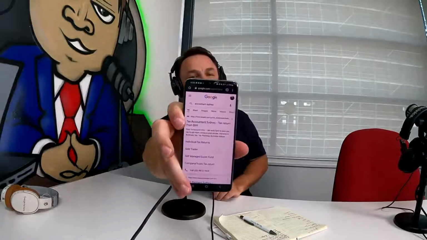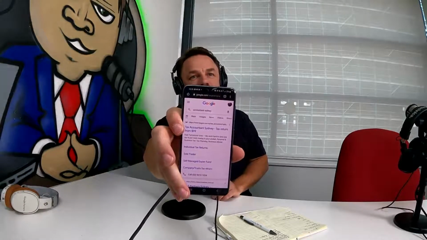So you can still get some of your extensions in there. It might be structured snippets or call-outs, but you're not going to get the big fat price extension, review extension, or any of that massive real estate. So you'll find now if you do a search on a mobile, the number 1 ad spot takes up the whole screen. Like if you look at my screen now, you've got tax accountant Sydney with all of the site link extensions just there. Wow. They take up the whole screen.